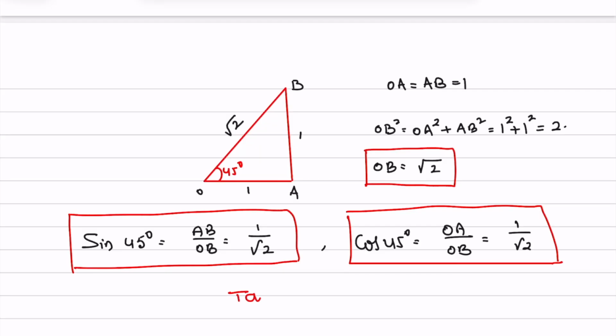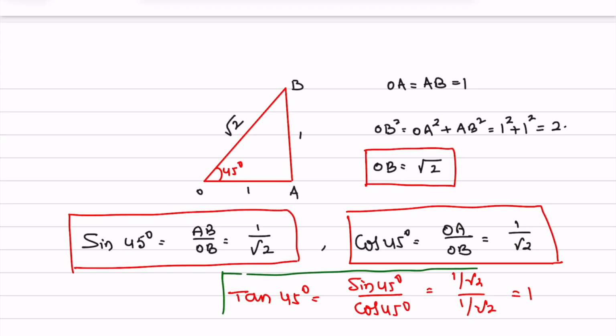Tan 45 is equal to sin 45 by cos 45. Sin 45 divided by cos 45 degree, that is equal to 1 by root 2 divided by 1 by root 2. That is equal to 1. You got these values? Now,